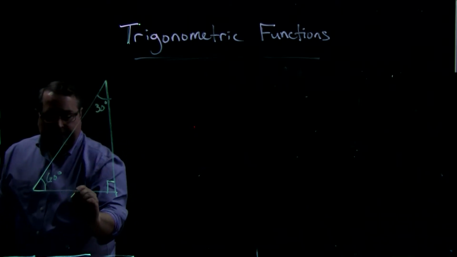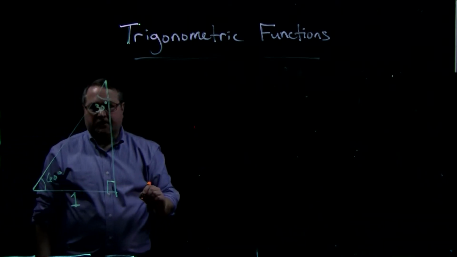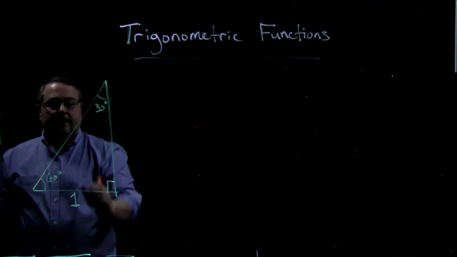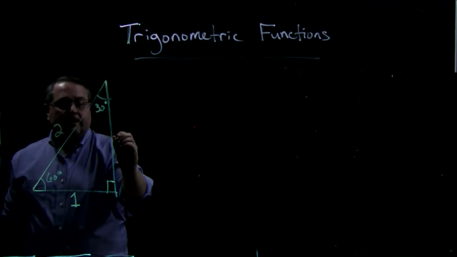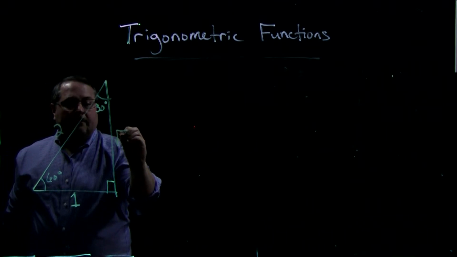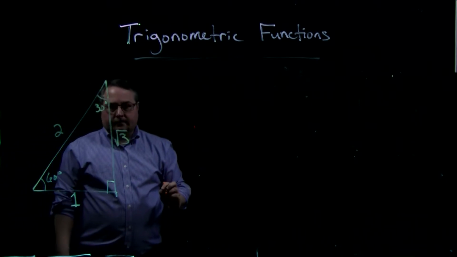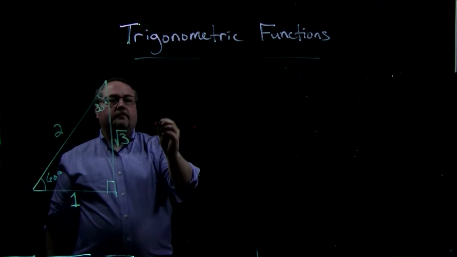Recall that if the short side, the one that's opposite the 30-degree angle, has length 1, the hypotenuse will have length 2, and the long leg will have length square root of 3. Okay, therefore,